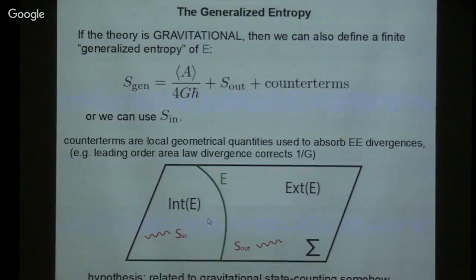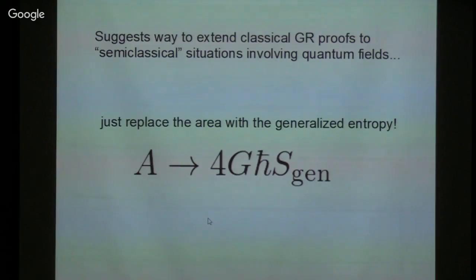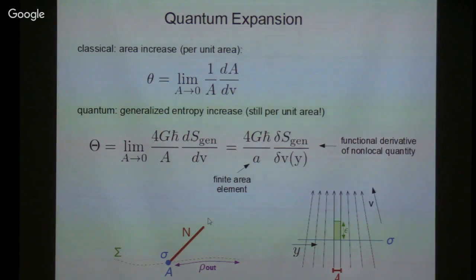So once you've defined this generalized entropy precisely, this suggests a way of trying to extend all of these classical general relativity proofs to quantum situations. You can just replace the area with the generalized entropy. So I defined before the expansion, that is the logarithmic rate of change of area per this null v coordinate. You can replace this with what we call the quantum expansion, where you just replace this area here with the generalized entropy,